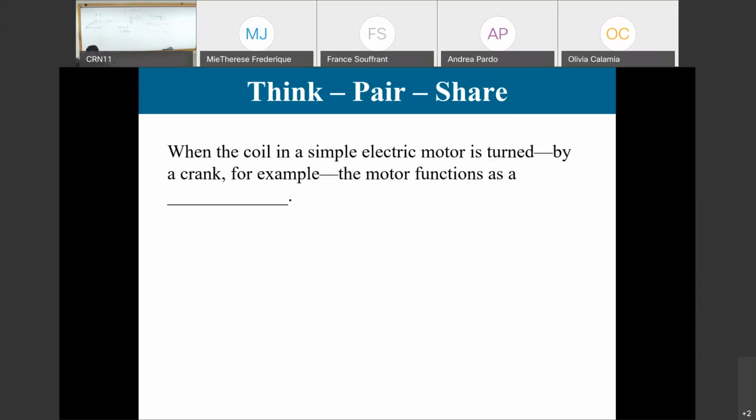Okay, we can do it. Okay, this one is a good one. When the coil in a simple electric motor is turned by a crank, for example, right? The motor functions as what? The electric motors are normally used as generators, guys. Now you can actually understand,